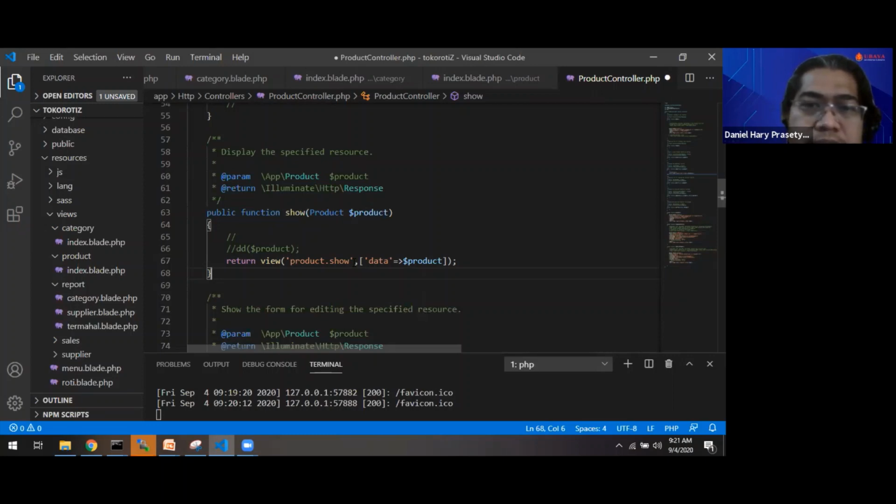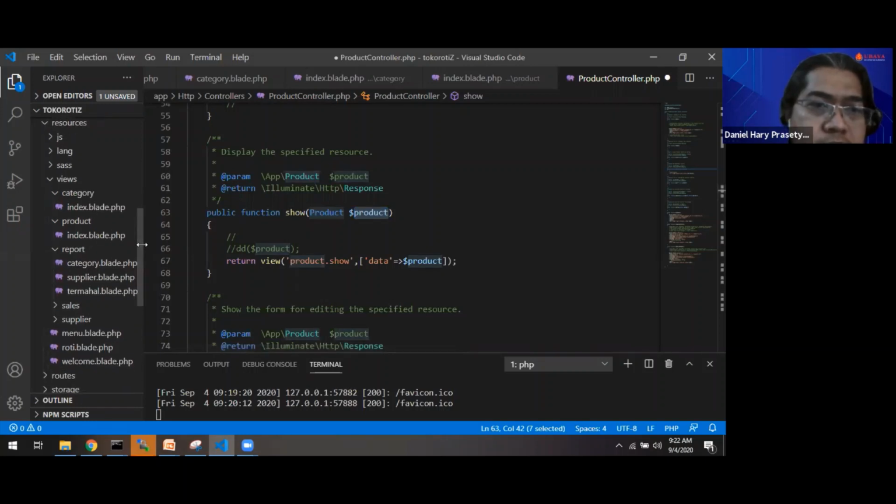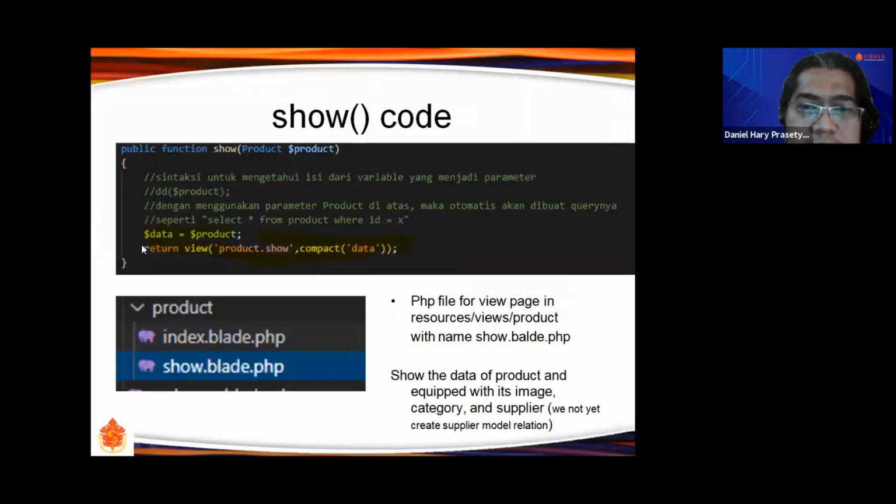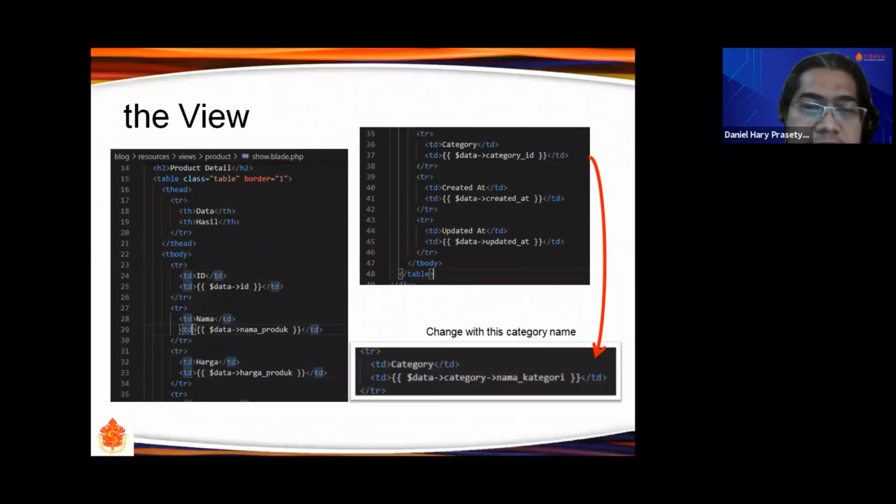Okay, because the product already has the data, we do not need to use any query here. For showing the view, you can use the table like this one in the slide.